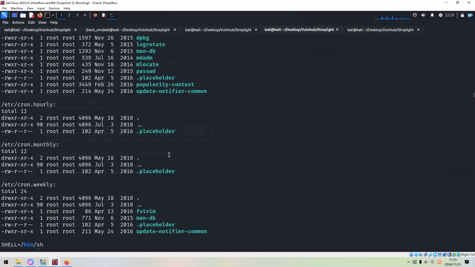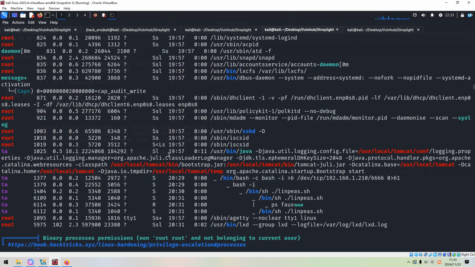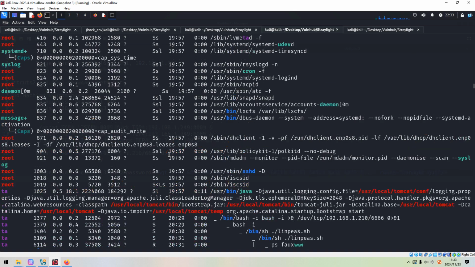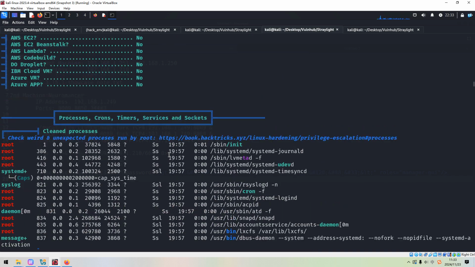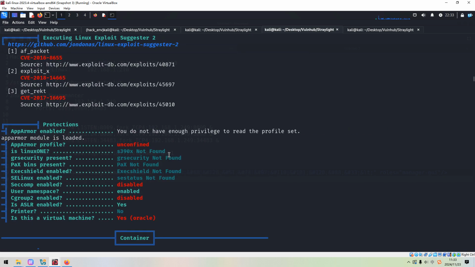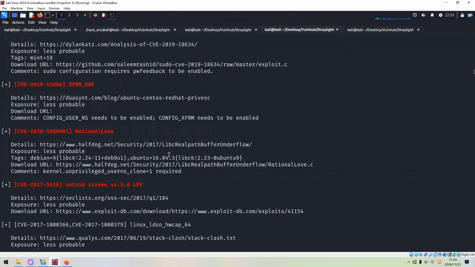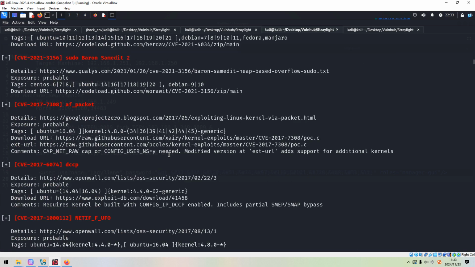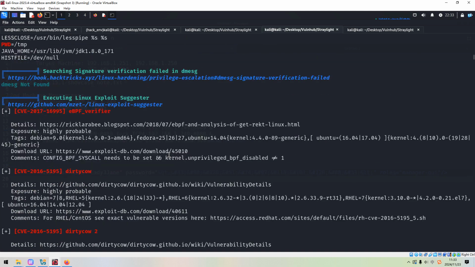So cron job. Processes information. Some local exploits. The Dirty COW.